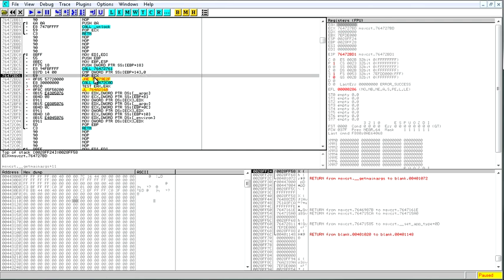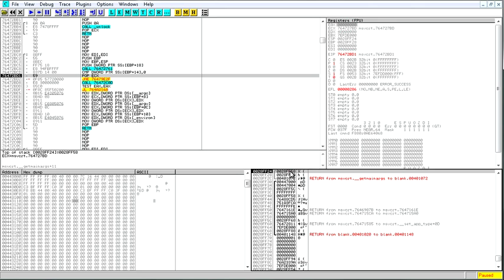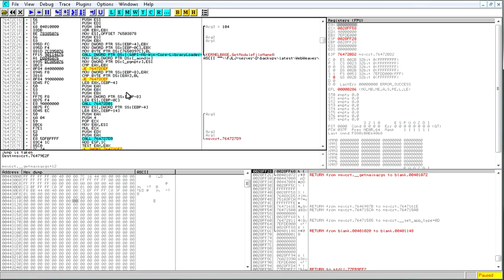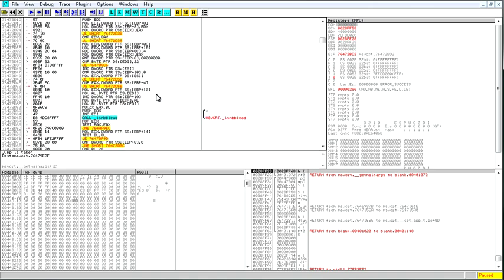And then it's going to pop ECX. What that means is take what's at the top of the stack, off of the top of the stack, and put it into ECX. So we should see this go to here, and this go to here. F8. And we do. Jump if not equal, the jump is taken, and it's going to go clear down.